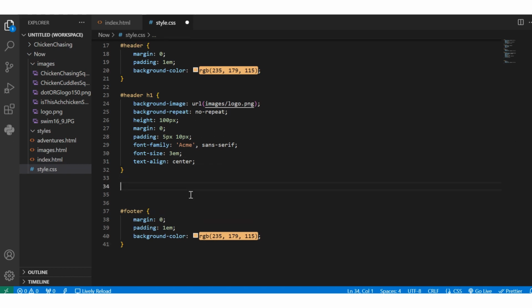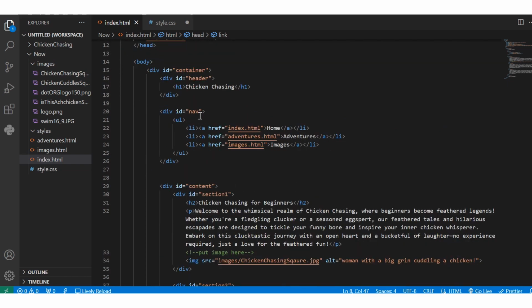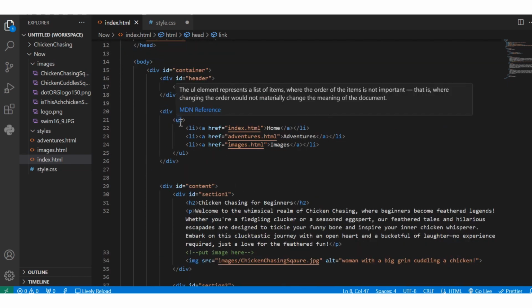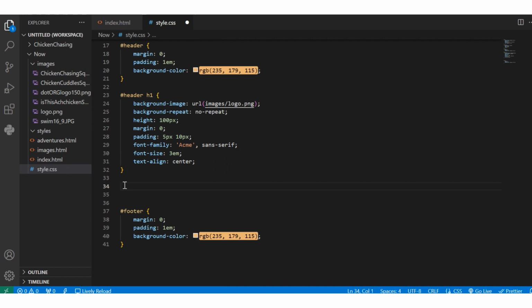So, we have got the nav as an ID, and then we've got unordered list, and we've got the list items, and we've got A tags. So there's a bit to do. Alrighty, so hashtag